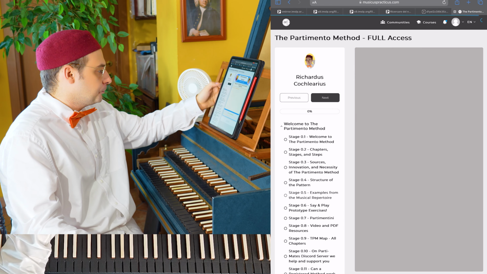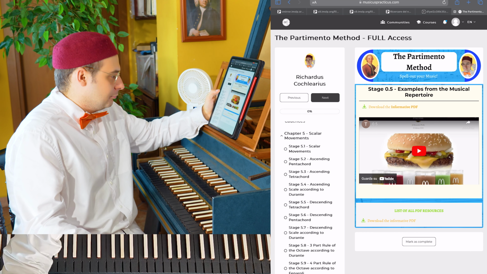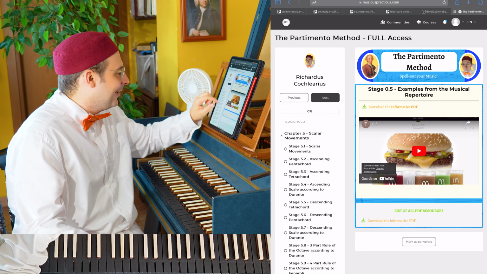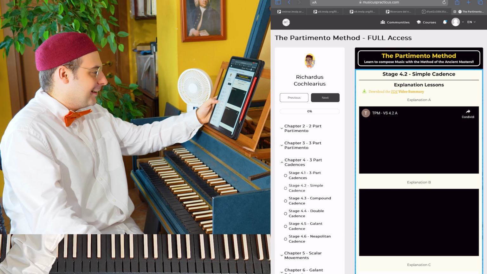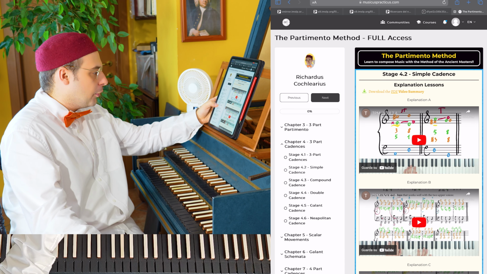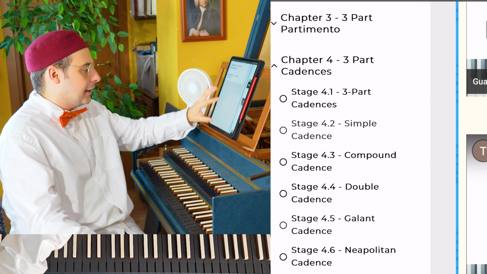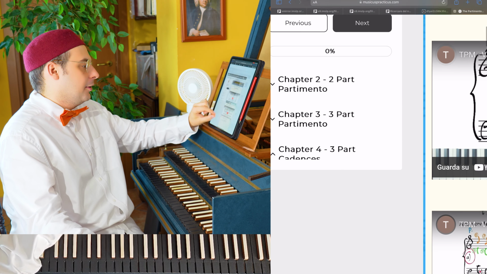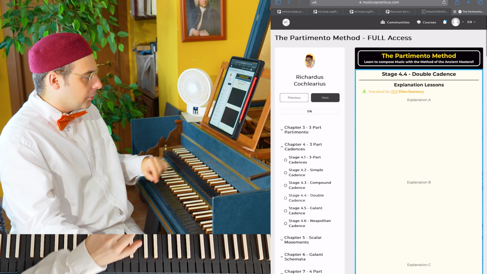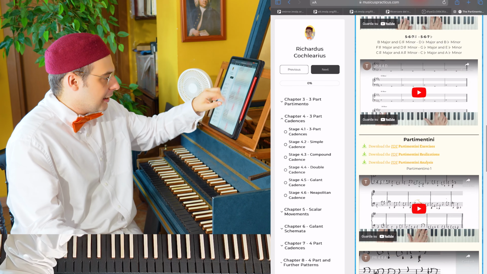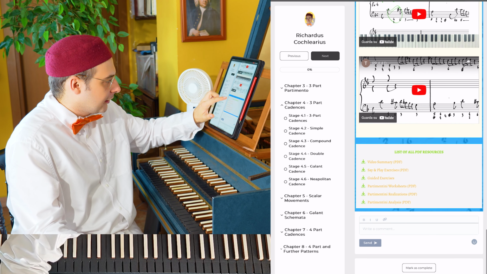For example, let's take, I'm hungry now. Let's take chapter 4. We have all the cadences, as you can see: simple, compound, double, gallant, and double. You have all the explanations, okay? All the examples, and then